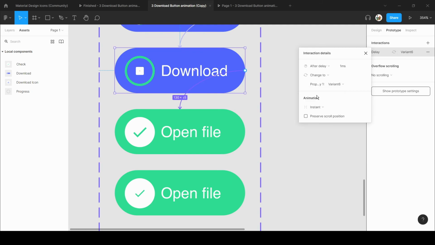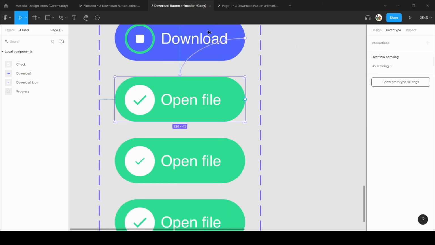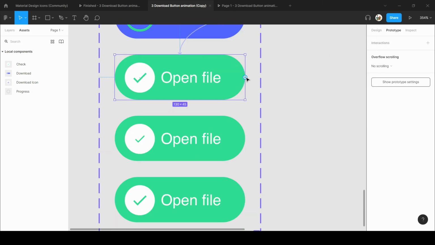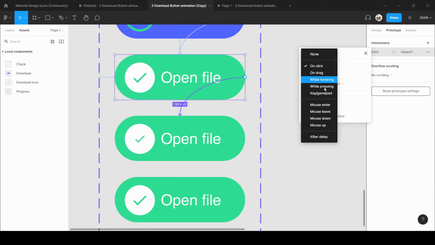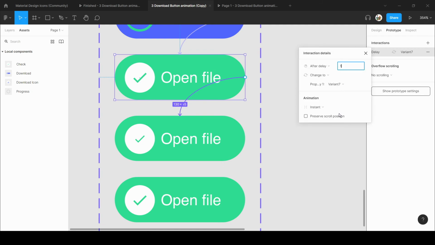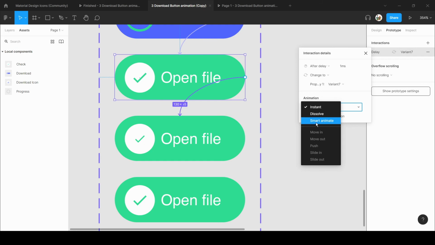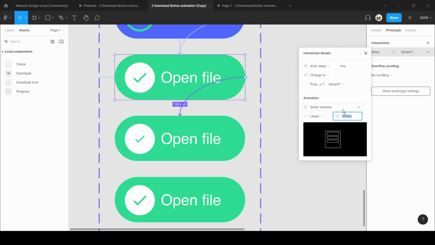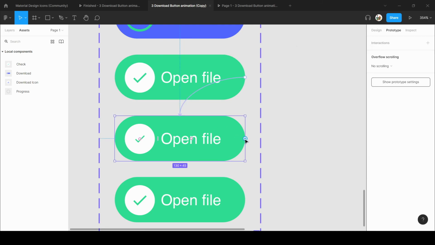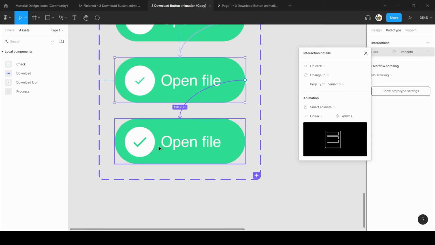So for now I will select instant, and from here I will select after delay 1 millisecond, smart animate, and linear I will select 400. And from the small check to big icon, I will do the same. Go to after delay with 1 millisecond, go to animation, linear 400 ms.